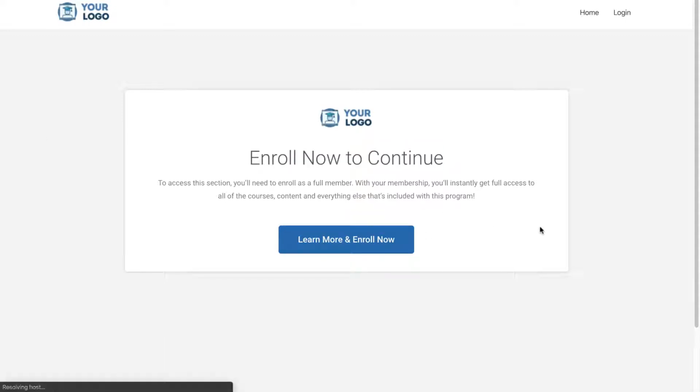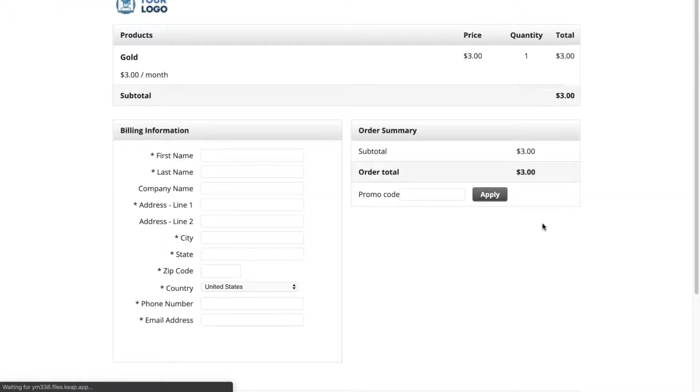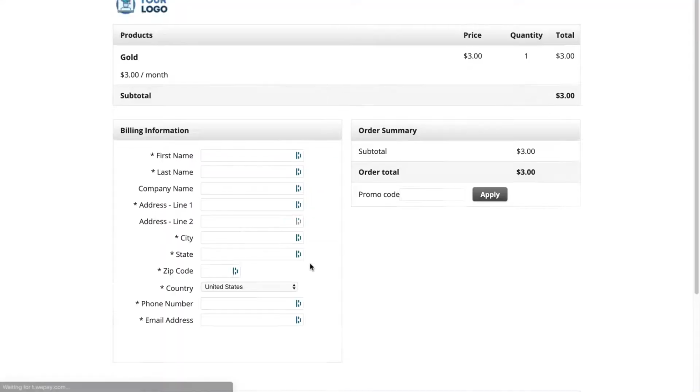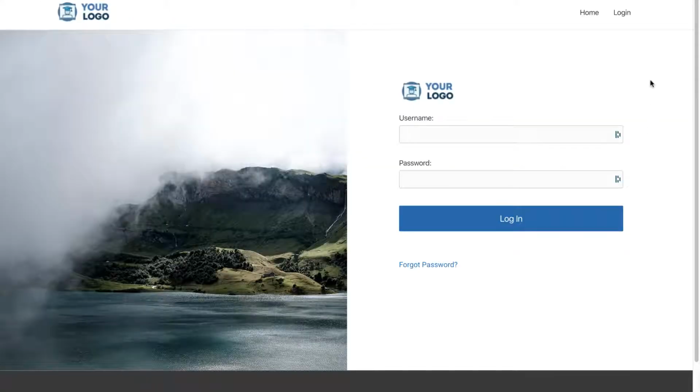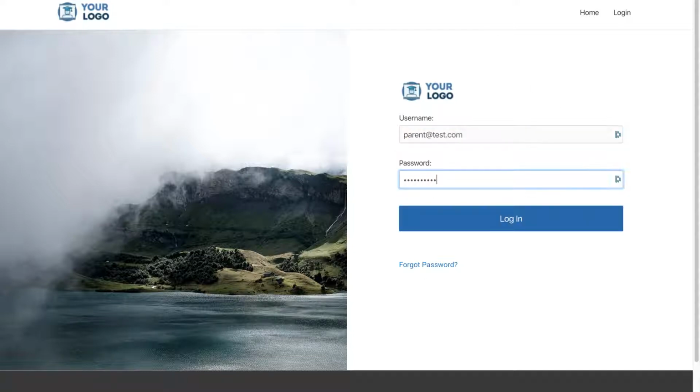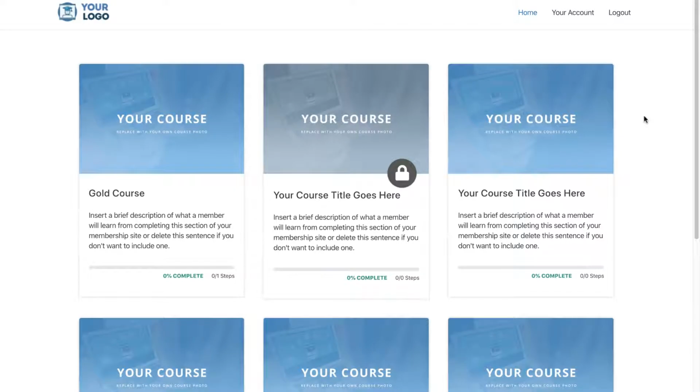and they'd have to click learn more and enroll now, and then this would redirect them here to an Infusionsoft order form. Again, your logo is going to be set up here. You're going to have your product set up. They'd fill out their details, enter their credit card, and then they'd place the order, and then they'd get access. From there, you'd send them a welcome email that would actually take them to this login page that we're going to set up together. They'd enter their login details, and then after they enter their login details, they're going to